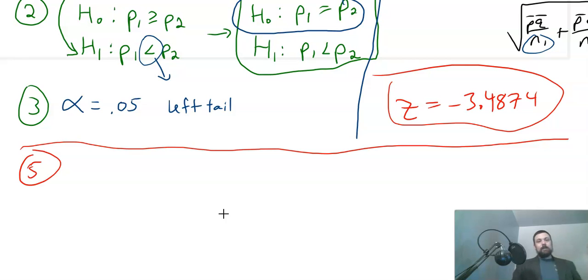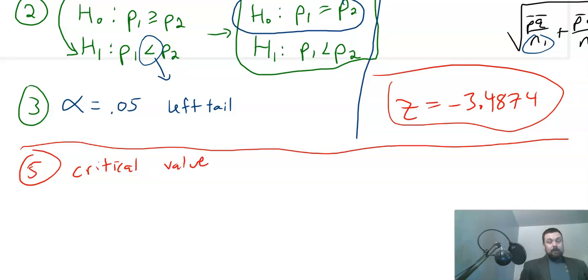Again, I mentioned this in the last video for 8.3. It's so similar in each section that it starts to really feel redundant. But it's good practice, right? The more often you go through the process, the better you're going to understand it, the better you'll do when you take the test. So critical value